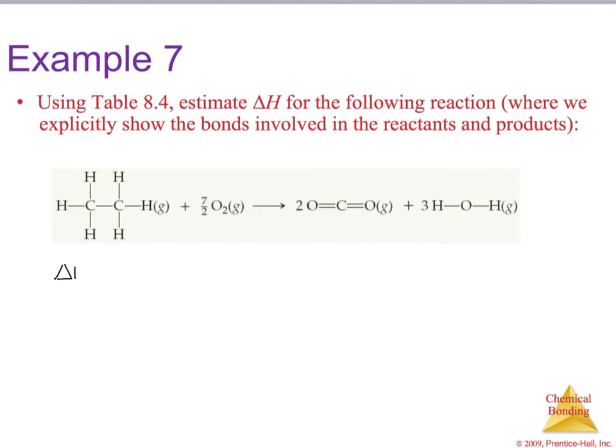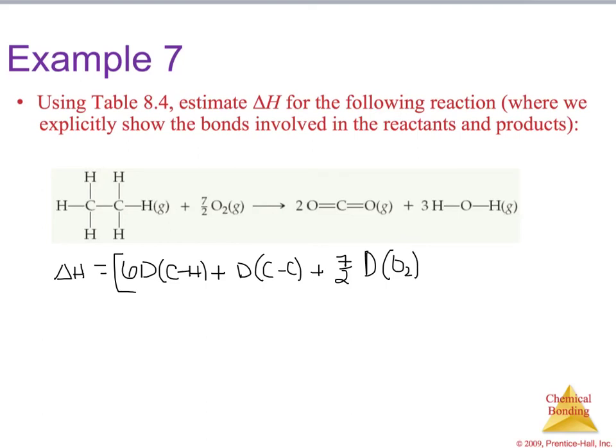So I can say that the change in enthalpy is going to be equal to 6 times D of my CH bonds plus, and I'm going to put this in brackets, it looks like my carbon-carbon bond is being broken, and I see that I have one of those, so I'm going to write in D of my carbon-carbon bond, and we're also going to be breaking 7 halves of our D of our O2 bond, or our OO bond, however you want to write it. So these are my bonds that are breaking,